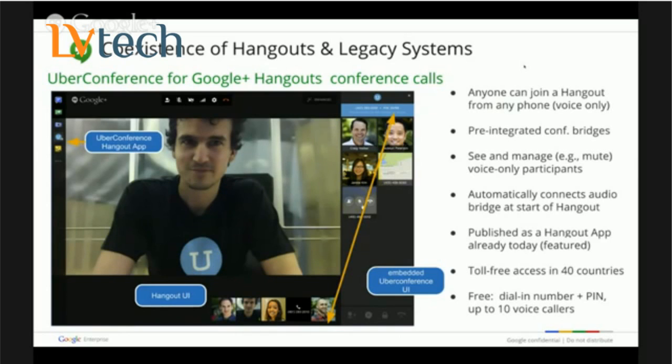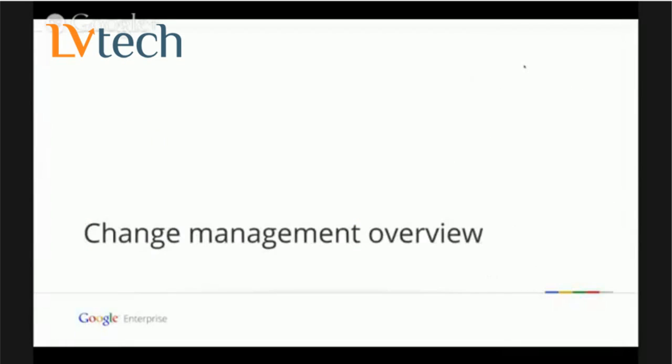There's the Uber Conference UI on the right-hand side for managing audio participants, and then the usual Hangout UI on the left for managing the video participants. Incidentally, this also helps increase the number of people you can have in a live discussion on a Hangout. With Uber Conference, you can get up to, say, 100 people or something like that into that discussion. So that's the technical side. I hope that has driven some curiosity so that we can get into some Q&A and so on